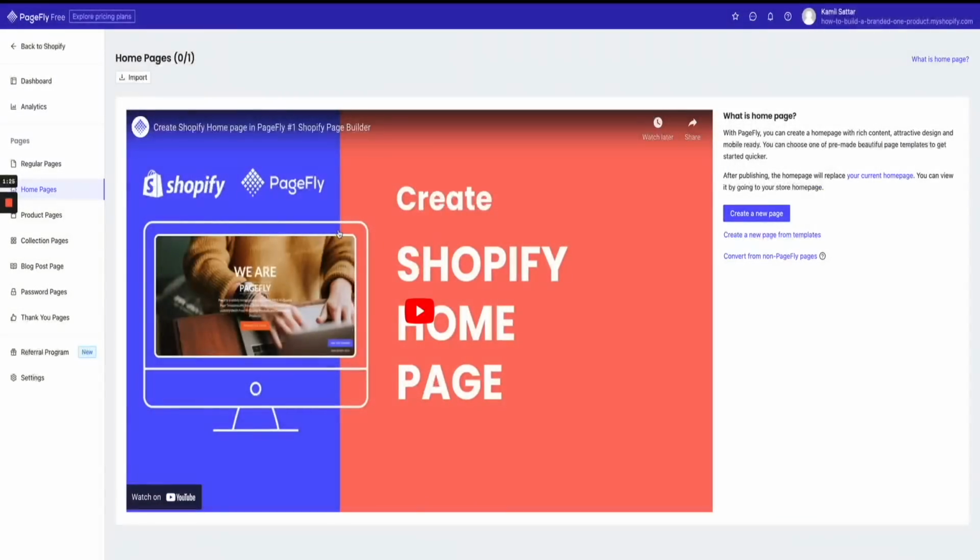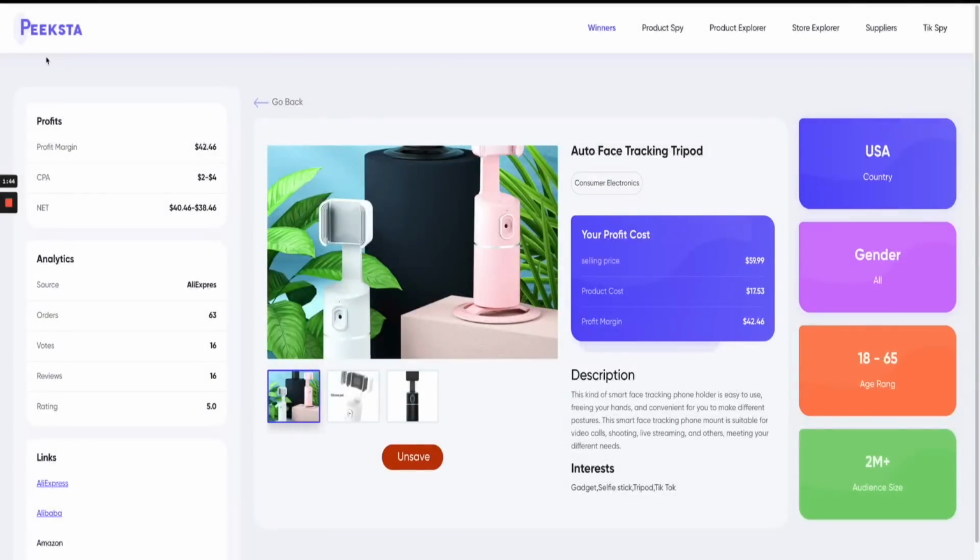Now, just to give you a brief explanation of what this is, Pagefly is basically a website builder within Shopify, which can give you some really beautiful looking websites as shown in today's video. Now, when you get into this step, you need to find yourself a product. So if you haven't already got yourself a Shopify product to sell, make sure you've got one which actually comes with decent images. So what I've used today is I've used a website called Peakster to find the product that I want to do today,